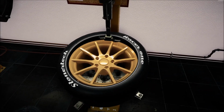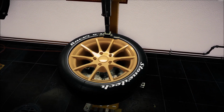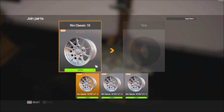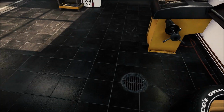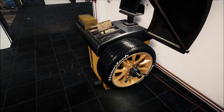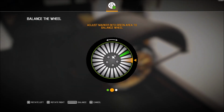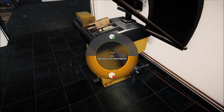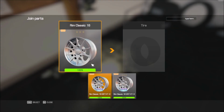It's going to look kind of wild on this thing. This is for sure something I've not done. I'm not one for painted rims, quite honestly. Maybe you guys aren't either, but